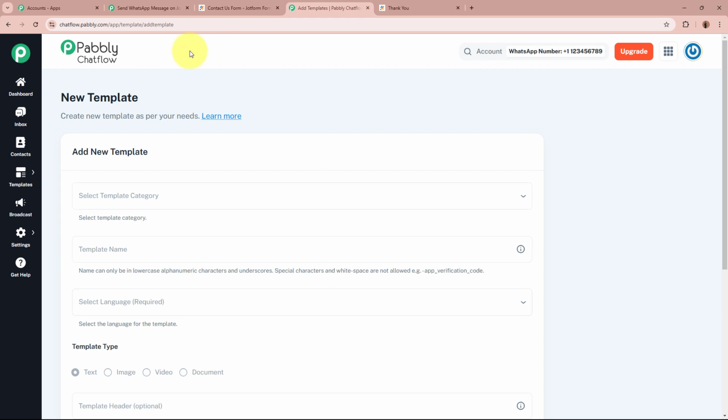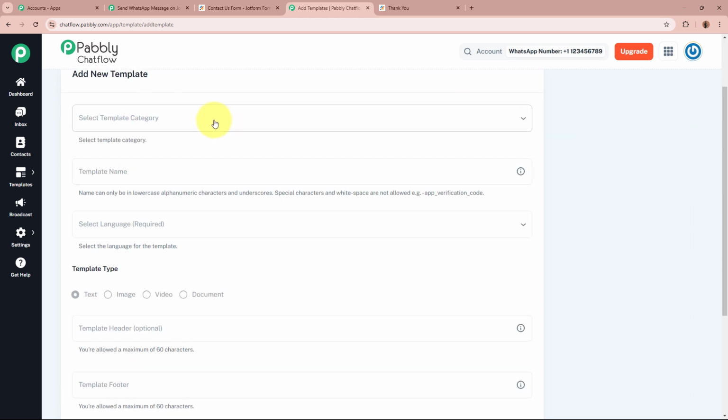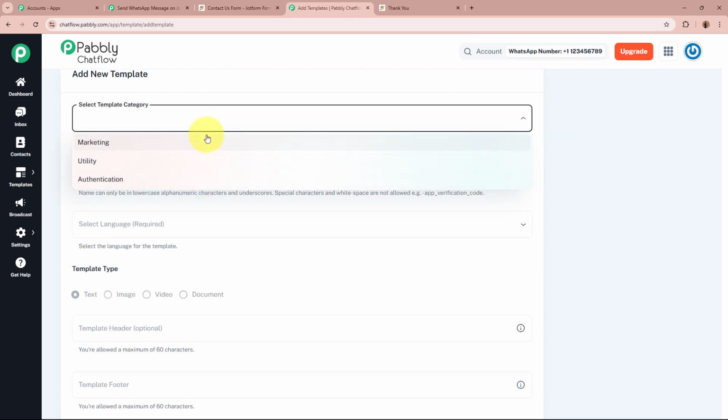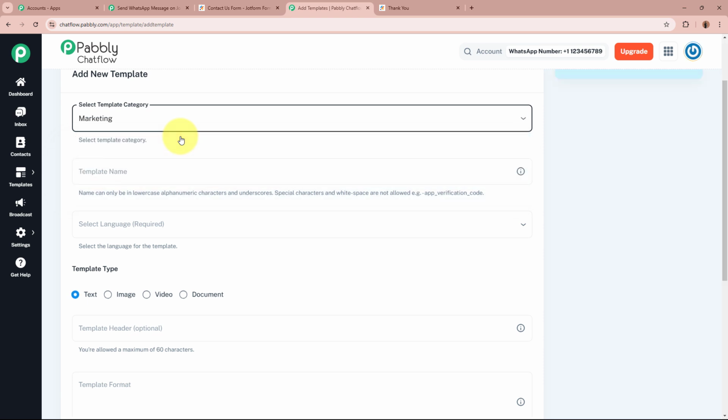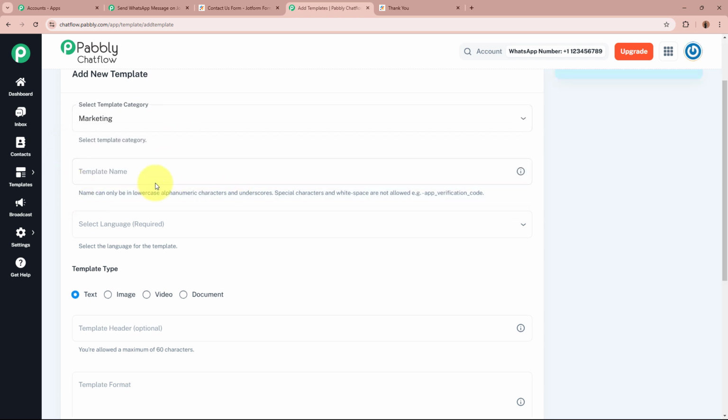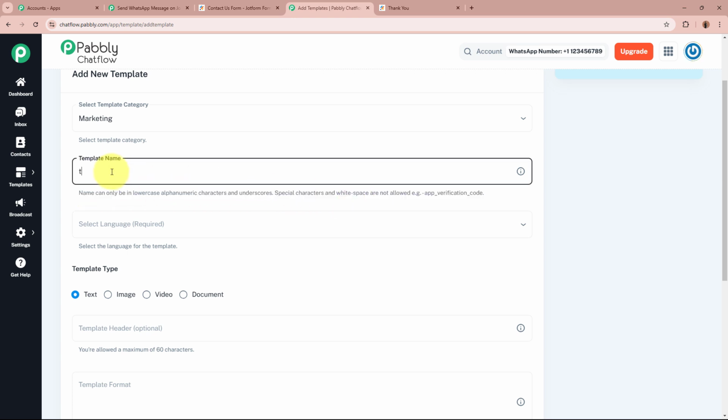As you do that, this new template page is then going to appear in front of you, on which you can create your own message template. For doing that, you have to first select the category. There are 3 given categories, from which I'm going to select the marketing category right here. After that, it is asking for the template name. You can give the template name according to your requirement in lowercase letters. So let's suppose I'm going to give it as